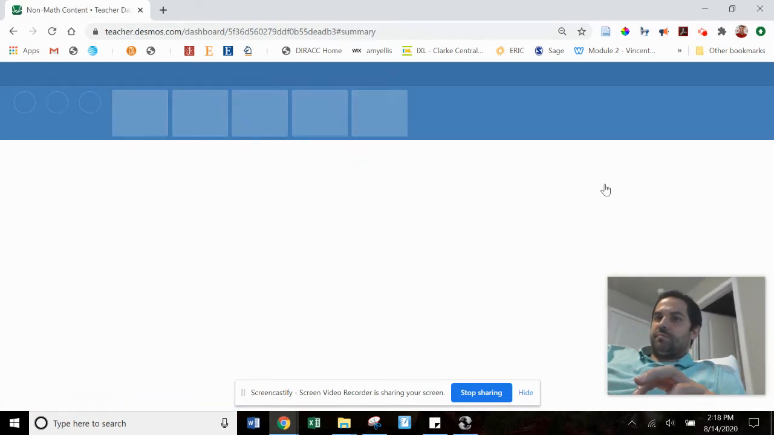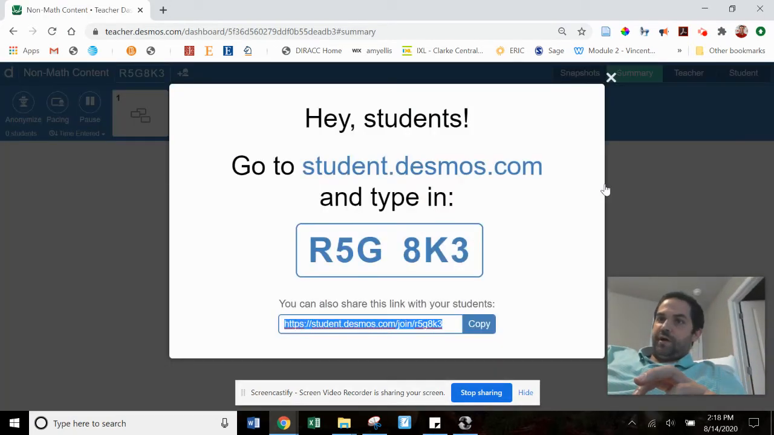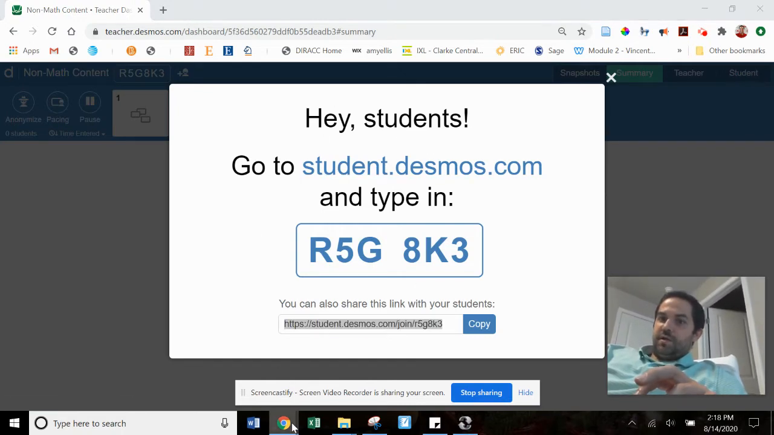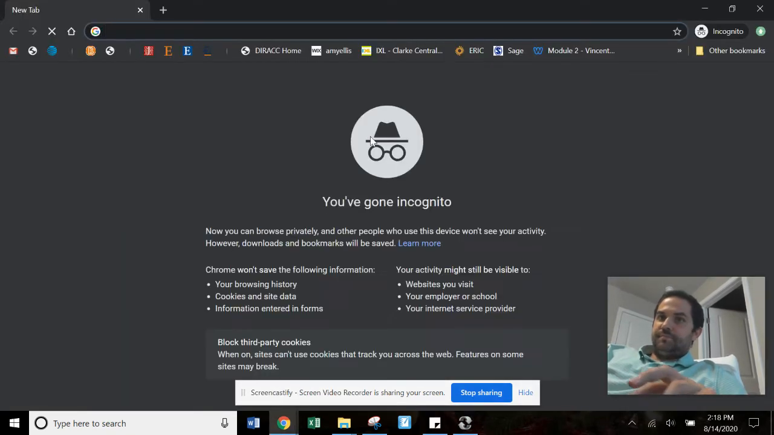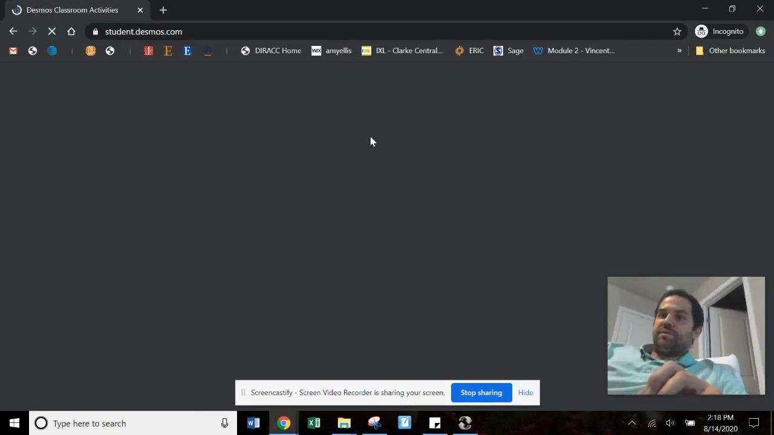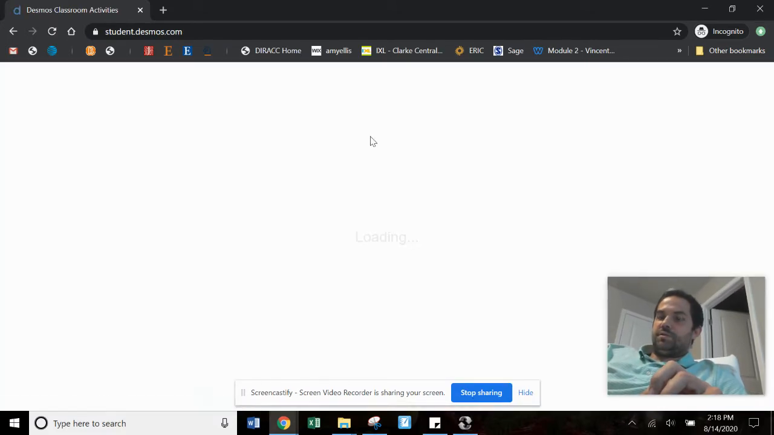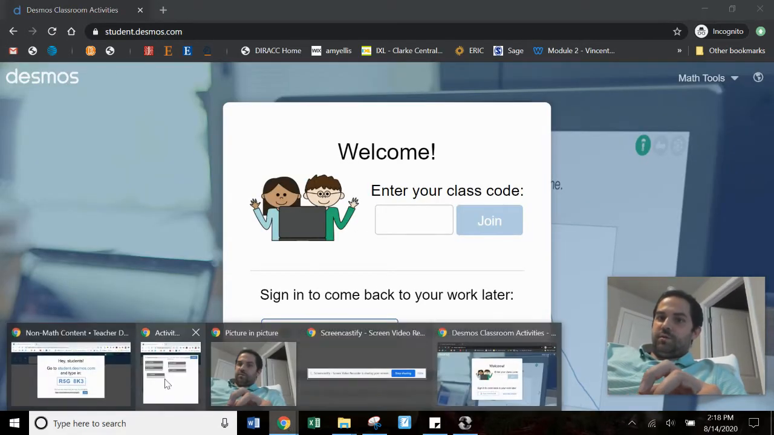I'm going a little bit quickly because you're able to pause and rewind this. So this is where students would actually go. They'd go to student.desmos.com. So I'm going to open an incognito window and I'm going to pretend to be a student, so you can see what they see as well as what the teacher sees. And so I'm going to steal that code,